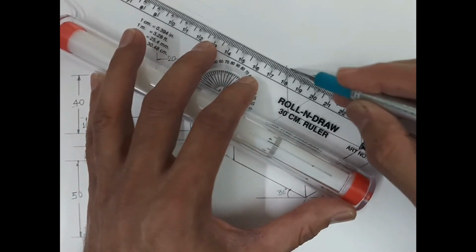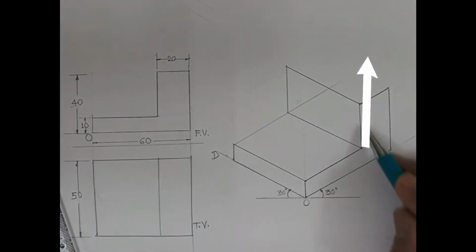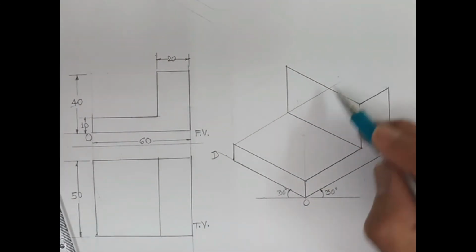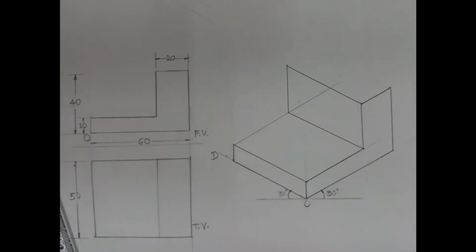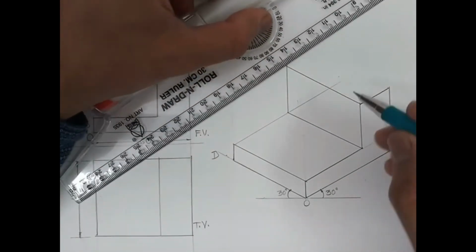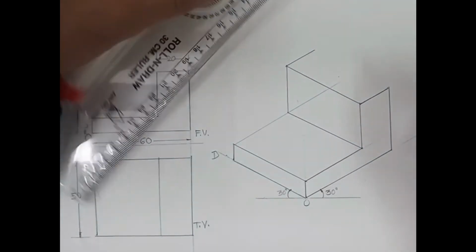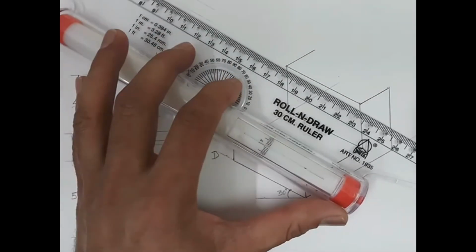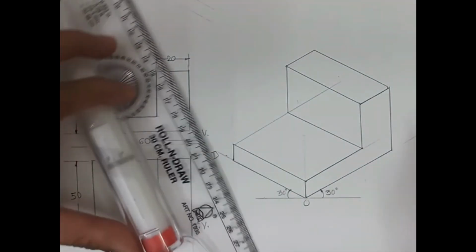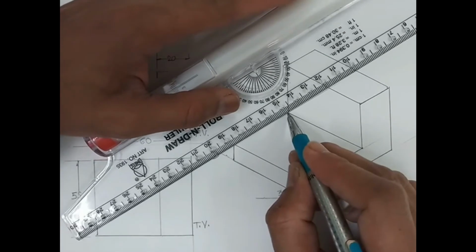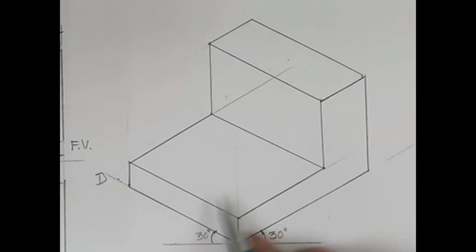This part has such a shape in the front view, but in the top view you get these two rectangles: this one rectangle and this second rectangle. These two are the rectangles which are seen in the top view. So I am just constructing that part. Again, in this particular object, all the edges are isometric lines along the isometric axes. There is no edge which is a non-isometric line. So this is the way you can see the final edge I am drawing now. This is the way the object is constructed.